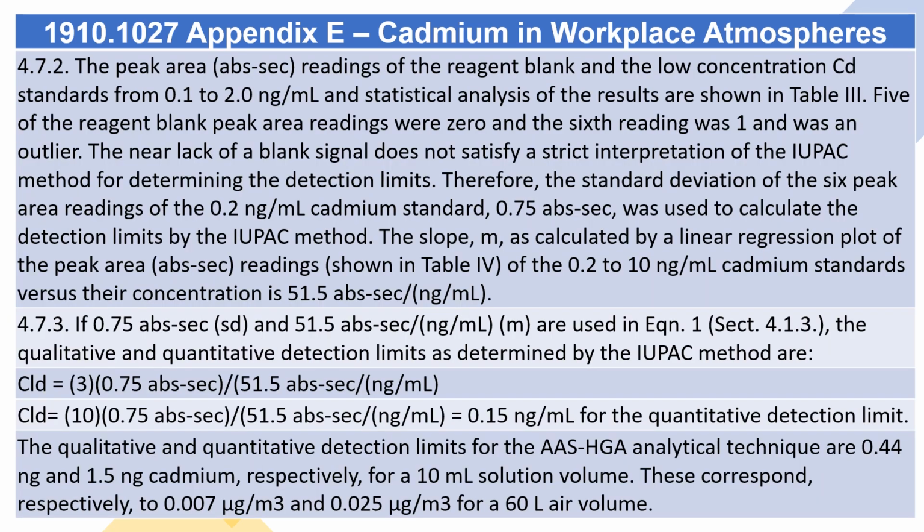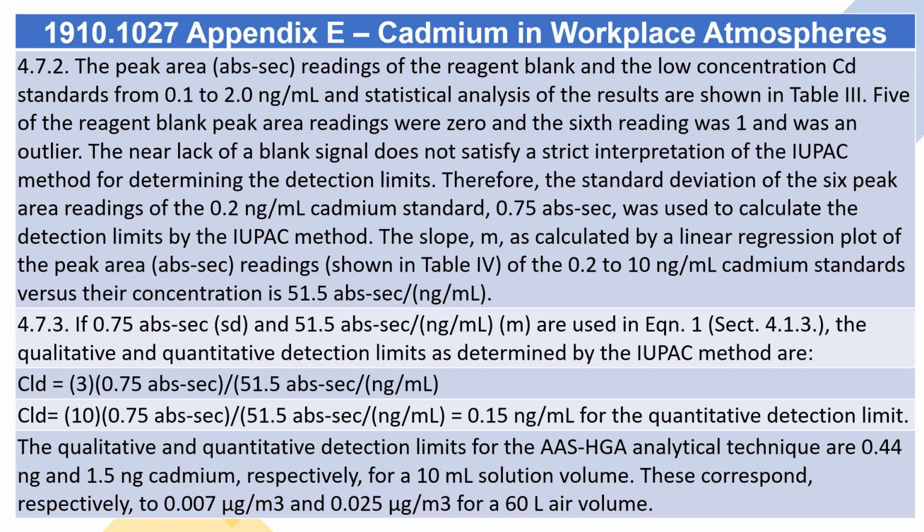4.7.2. The peak area, ABS/SEC, readings of the reagent blank and the low concentration Cd standards from 0.1 to 2.0 nanograms per milliliter and statistical analysis of the results are shown in Table 3. 5 of the reagent blank peak area readings were 0 and the 6th reading was 1 and was an outlier. The near lack of a blank signal does not satisfy a strict interpretation of the IUPAC method for determining the